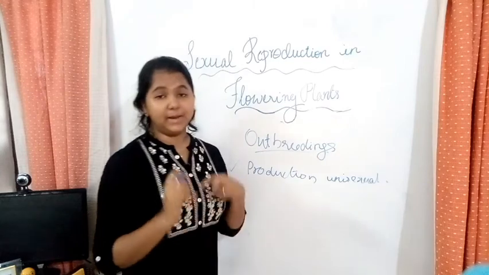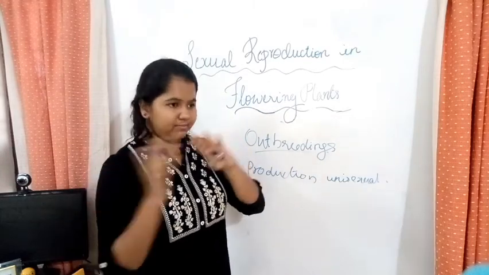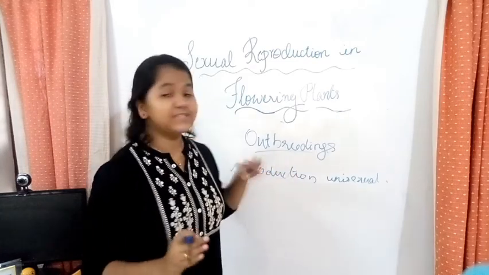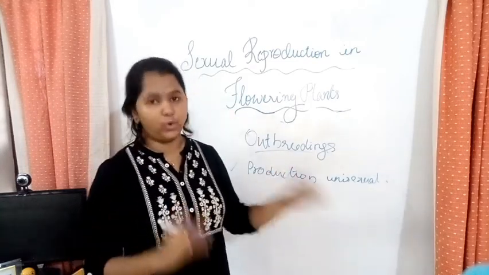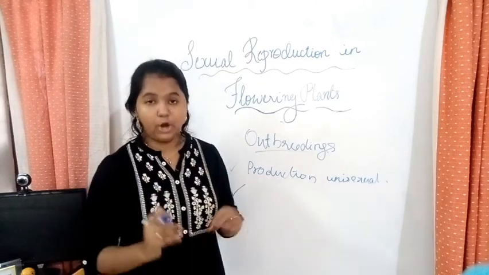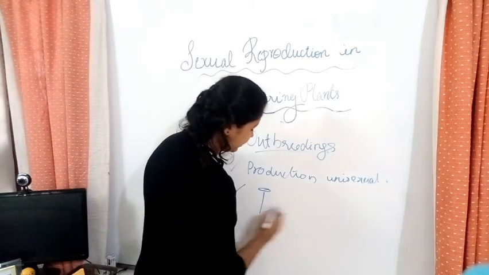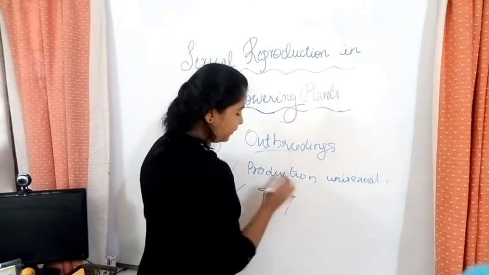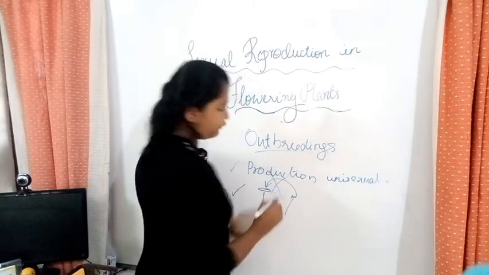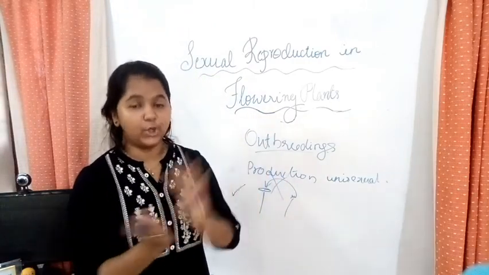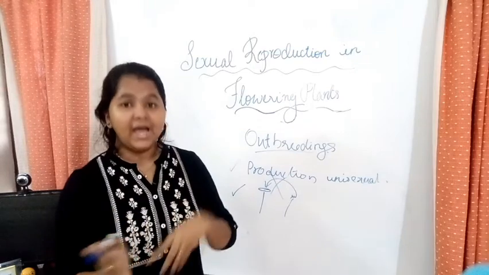But this won't completely prevent self-breeding. It allows geitonogamy. It does not allow only autogamy to take place. So the second one is that the position of both the stigma and the anther is different, so that the pollen grains cannot fall on the stigma. So that is the second point. There is a difference in the distance, or it is not close.